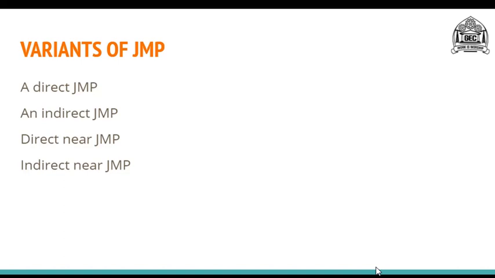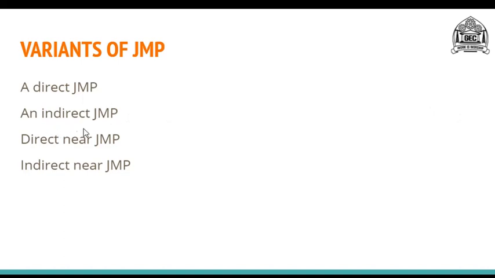In direct JMP, the address of the destination is already given in the instruction. So over here, the microprocessor can obtain the address in the instruction itself, directly. That is why it is known as direct jump.